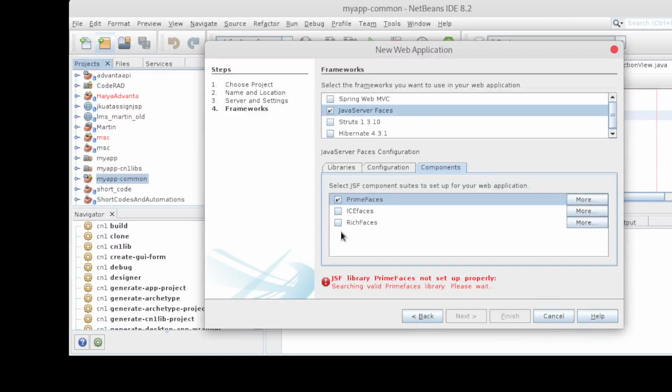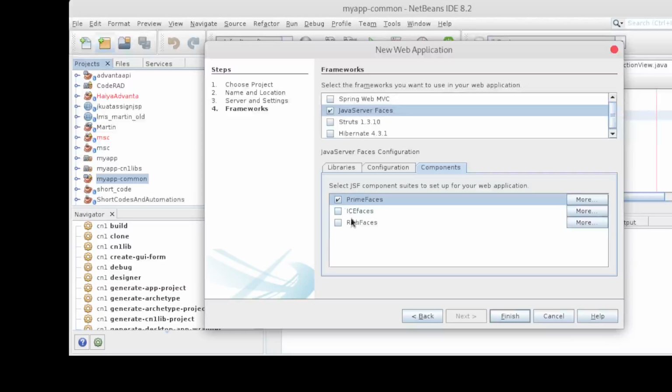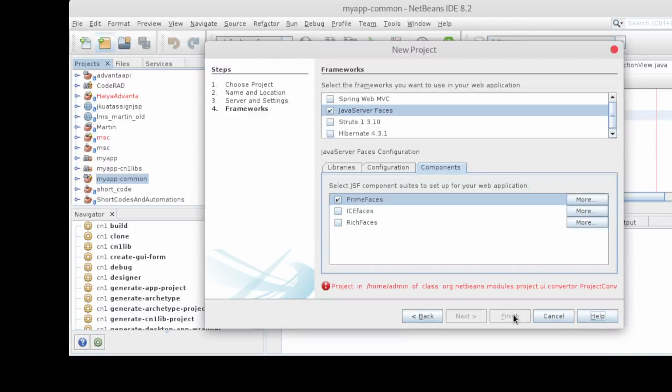So you can visit primefaces.org if you are using those other UI languages, but for us we just want to use PrimeFaces. When you select that, it may give you a warning down there that JSF PrimeFaces is not set up correctly. You just give it some time, you can see that it has now found my PrimeFaces framework, and then you can click on finish. This will actually make your work quite simpler than when you're using Maven. You'll still be going back to Maven after you have done some basics on Java web application development, but I wanted you to have an easier way of starting creating your web application.